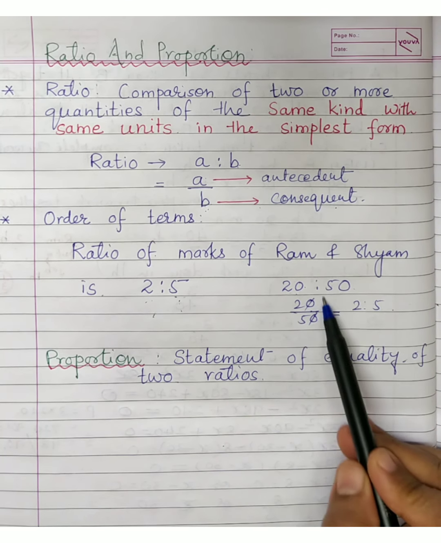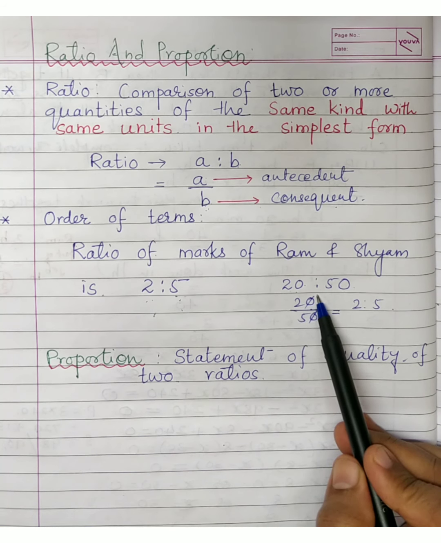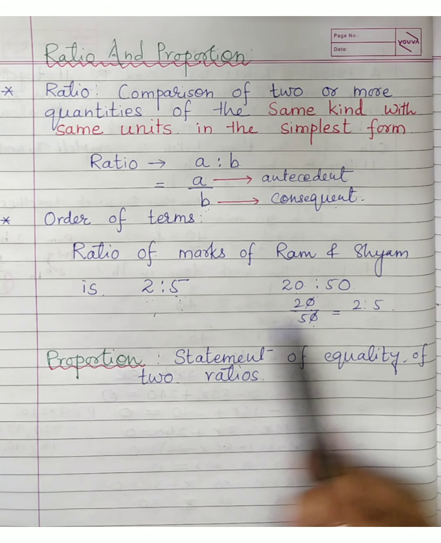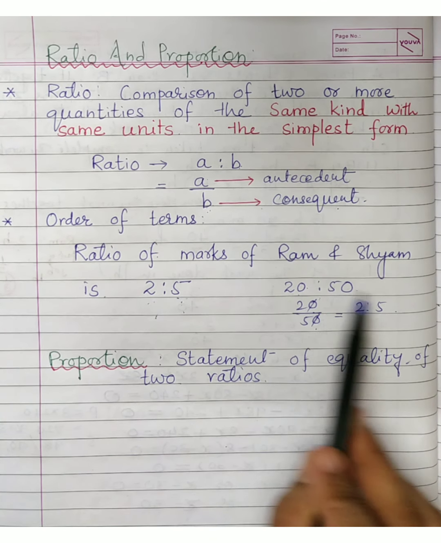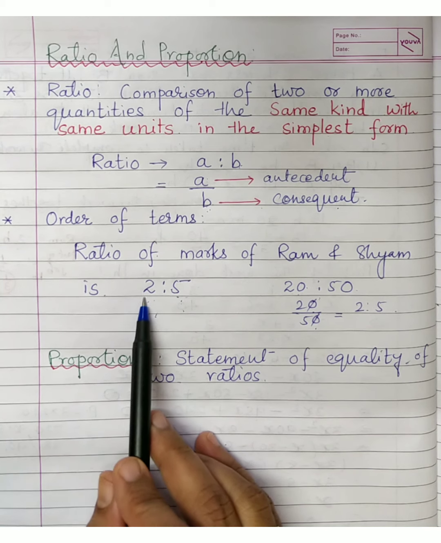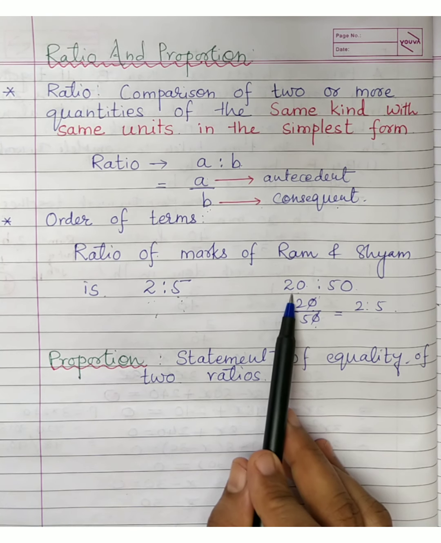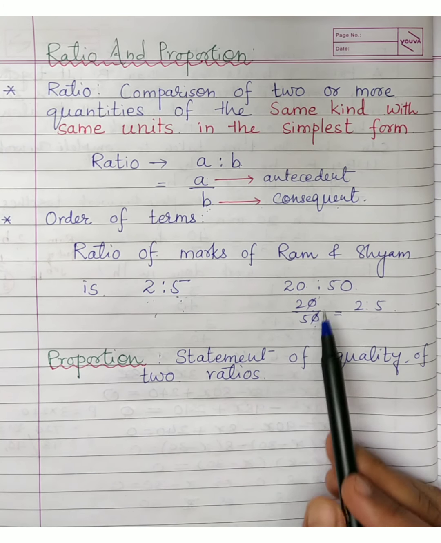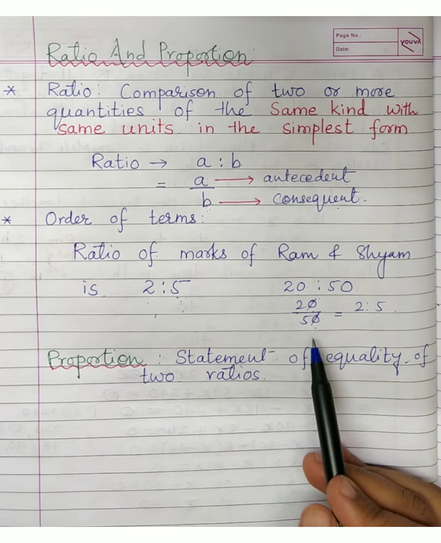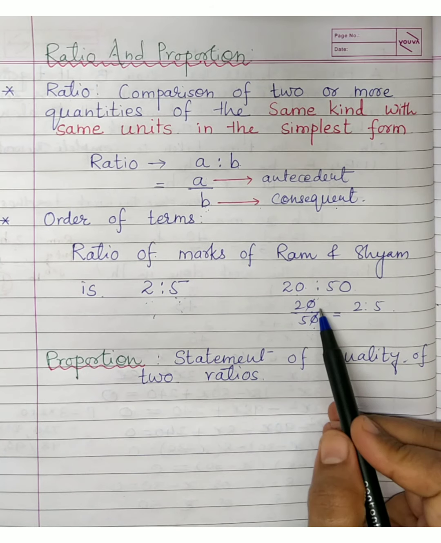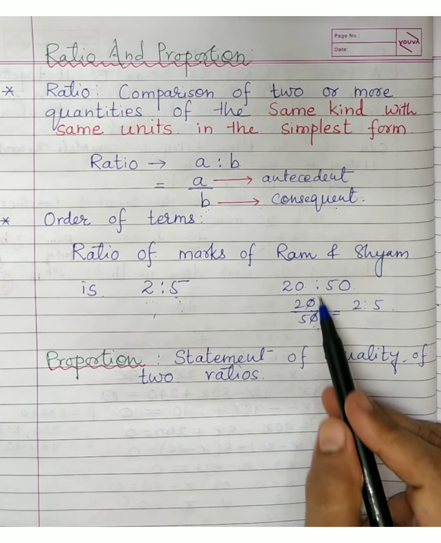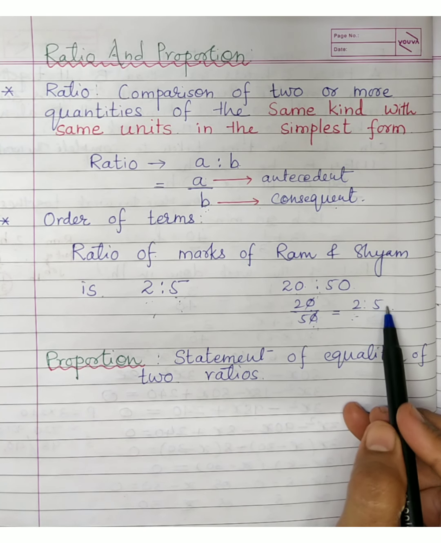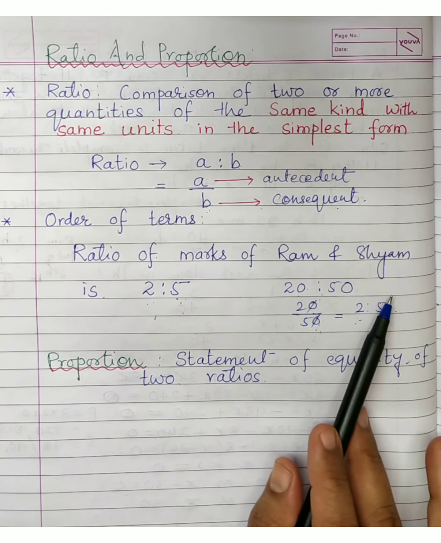So it depends on what common factor was cancelled here. Here the common factor was what? 10, right? So how to get the original marks? If you know that the common factor was 10, multiply 2 and 5 both by 10, and you get the original marks 20 and 50. If the common factor which was cancelled was 100, they must have got 200 and 500 marks. And sometimes it may happen that there is no common factor, which means the factor is 1, then in that case they really got 2 and 5 marks. So this part should also be very clear to you.